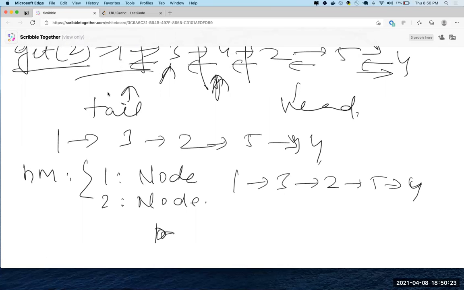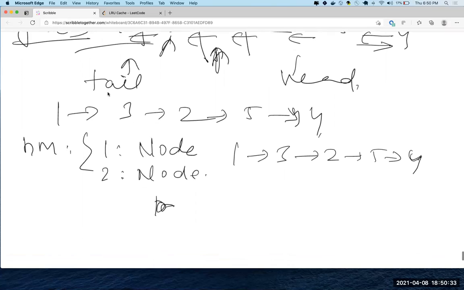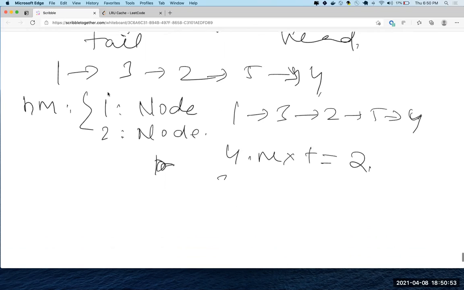But if you remove 4, I just point 3 to 2. No, you won't have the pointer. But you can't point directly 3 to 2 because 4 was sitting in between those two nodes, right? From 4, I can find 2. Yeah, and which is where the doubly linked list would help, right? No, but 4 dot next gives me 2. If it's a singly linked list, 4 dot next gives me 2, 3 dot next gives me 4. I'll just do 3 dot next, I'll just make it 2.